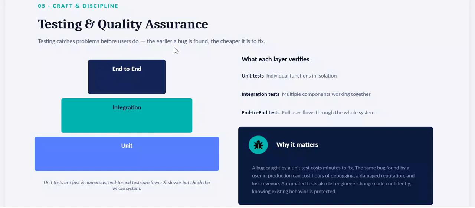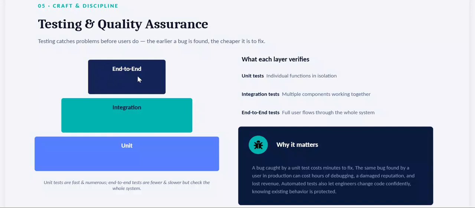The earlier a bug is found, the cheaper it is to fix. So it is better you find out a bug at an early stage, even at the development stage, and fix it, than when you now have millions of users, or hundreds of users even, and then you find out that it becomes more difficult to fix, because when you have more users, you'll be considering how to fix this particular bug without interrupting their flow using the